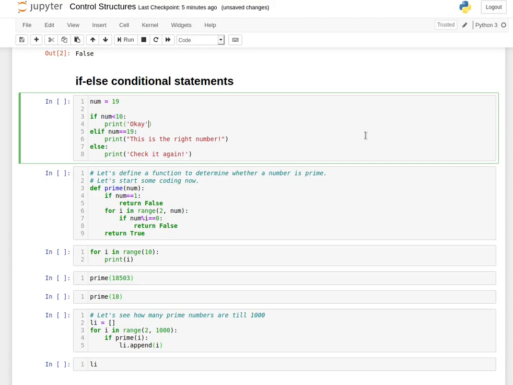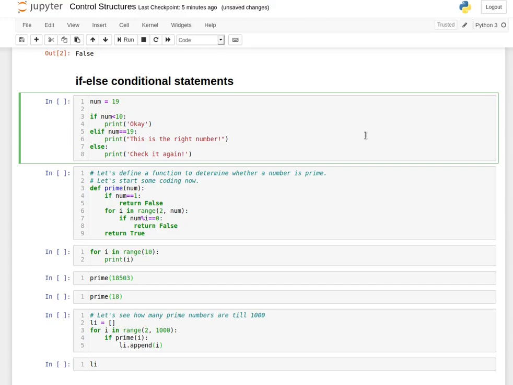Always remember this sequence. Priority is the if statement, or the condition specified in the if statement, and only then are the elif statements looked at. There's a lot of confusion which happens when you try to create if else conditionals, and you make a mistake in specifying the priorities of the conditions.